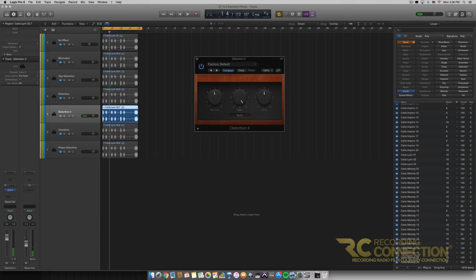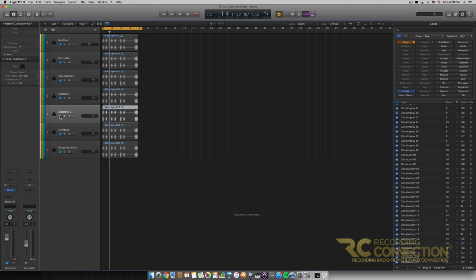So all different effects there. That's about it for the distortion 2 effect, though. It's very simple, just like the distortion 1 effect, but again, very useful. So moving on, we will be going over the